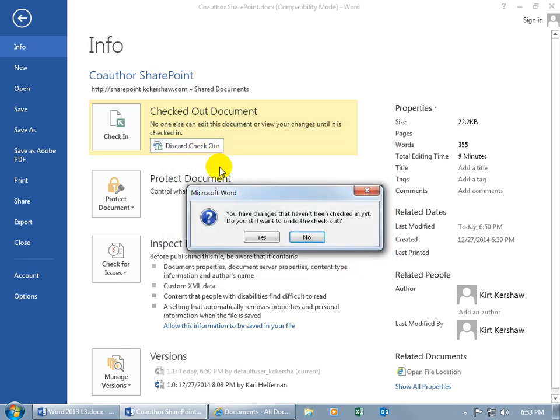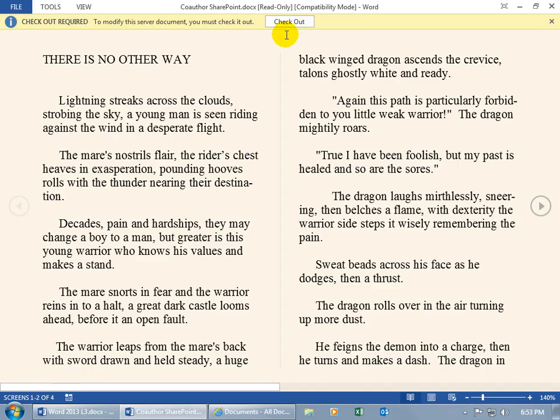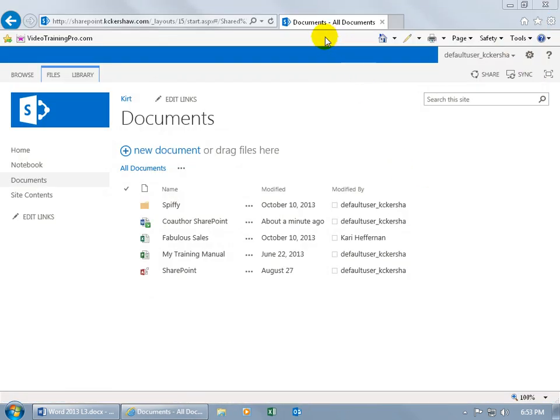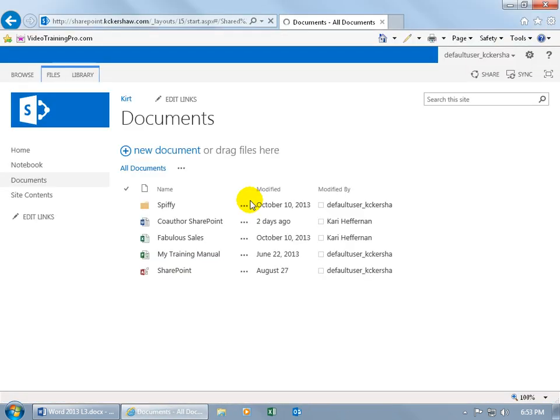And I discard the checkout, and it says you have changes that haven't been checked in yet. You sure you want to undo the checkout? Say yes. And now, if I want to make any changes to it, I can check it out. In fact, if I close out of here and click on the refresh button, you can see it no longer has the checkout little green icon there,